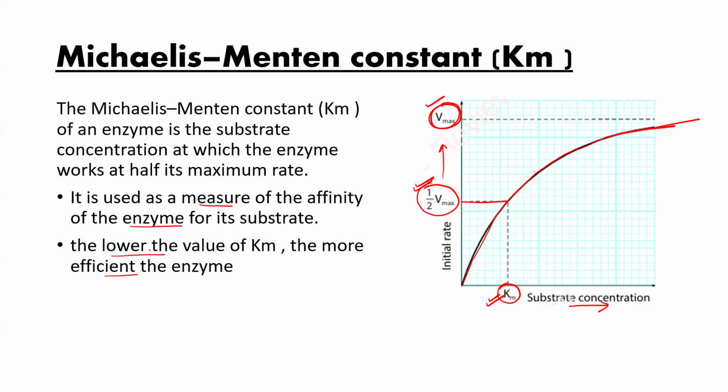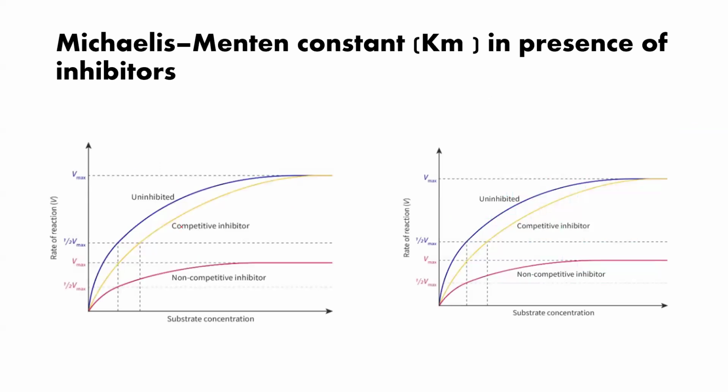Clear, beta? Now let us study this diagram. See, this is a diagram in the case of a competitive inhibitor. Please focus on only one diagram right now. The blue color is when there is no inhibitor present. So this is Vmax for blue when it is not inhibited. And in the case of a competitive inhibitor also, the same Vmax is achieved. Clear, beta? This is now half Vmax. And for this half Vmax for uninhibited, you can find this is the value of Km.